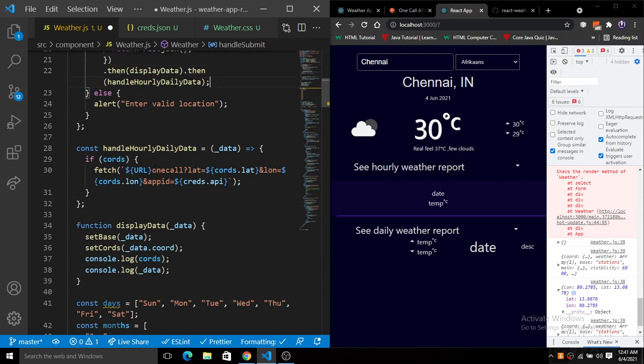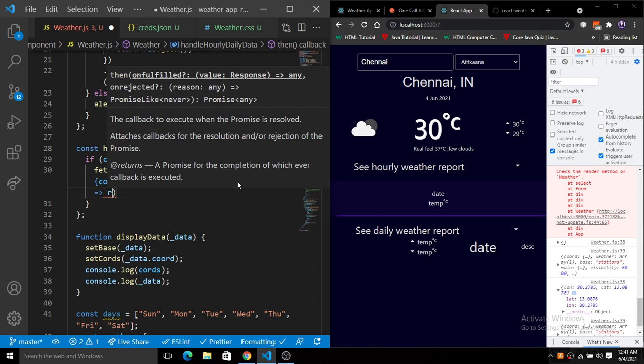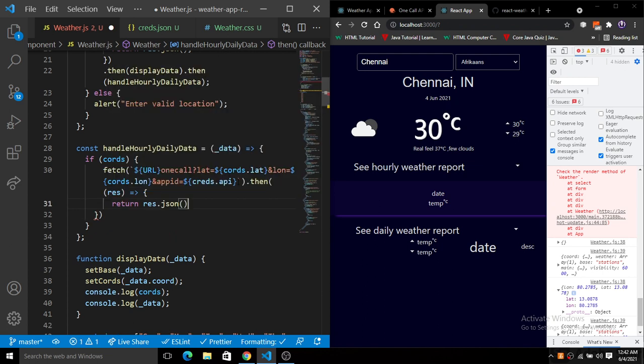Okay, fine. We have to simply call this function. So after that it just returns a callback function. So let's just put the callback, that is res. We just put the res, and here we have this res, we just simply return that. So put the return statement, return res.json. Okay, so we just return that thing. And then we just call the function.